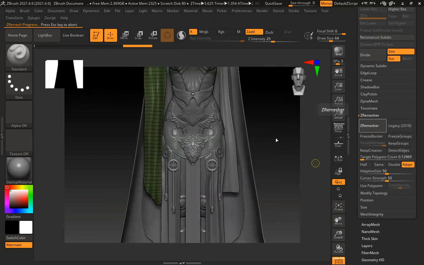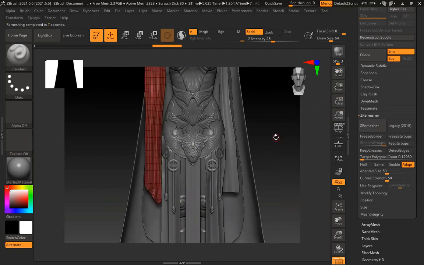Sir, after texturing and all, we'll pose. Yes, once my low poly is finalized, suppose my low poly is finished, my UV is done, final UV is ready. Then if I want, I can pose it and texture in that pose only, or I can texture everything and then pose it. That is also fine. Okay, sir.